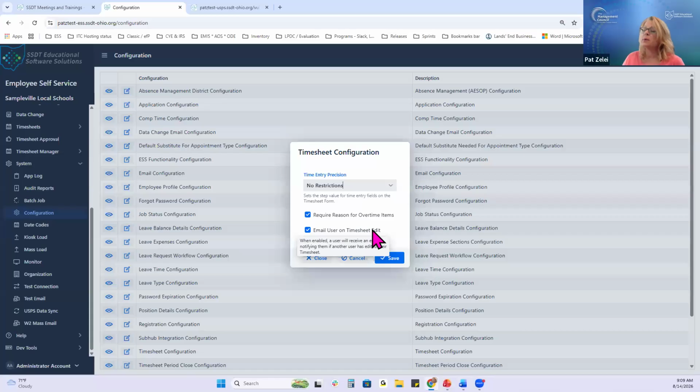So when this is enabled, the user will receive an email notifying them if another user, like a district timesheet manager, edits their timesheet. So I'm going to leave those options as is. And then the next